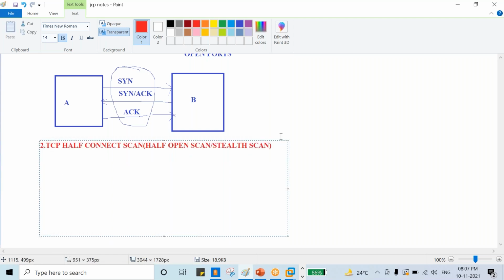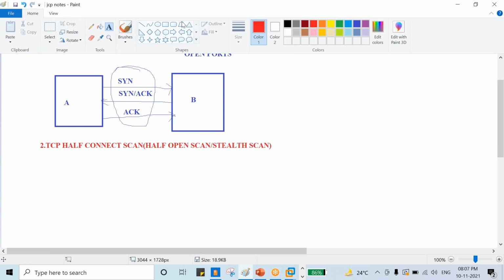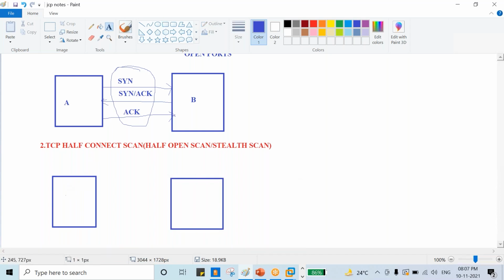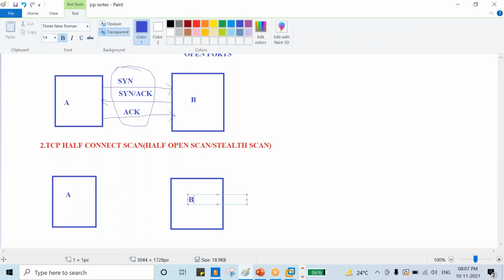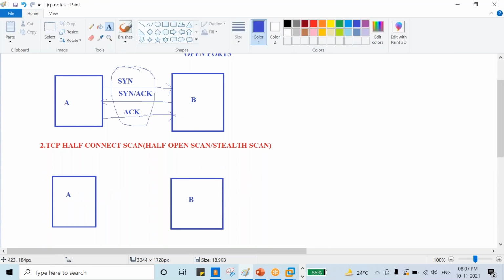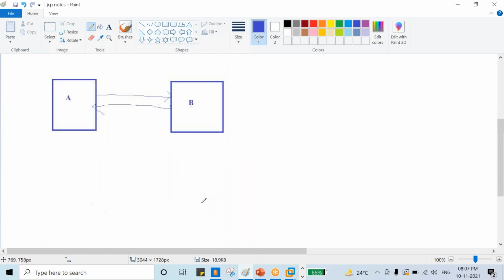In this type of scan, what will happen? Let's take the same example. Here person A is there, and here is B. In this scan, whenever A sends a request to B, that is a SYN request, we will receive the SYN-ACK, right?